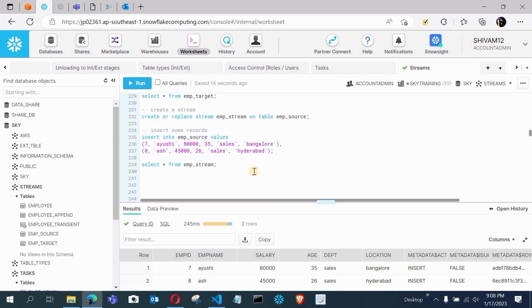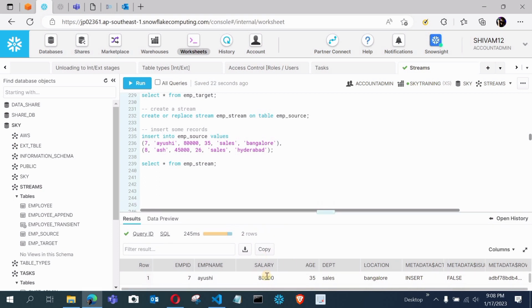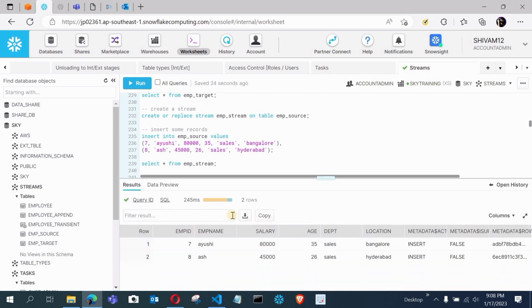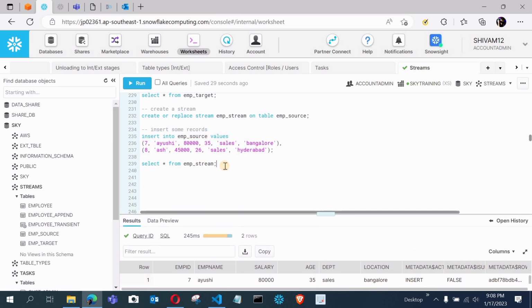Now we will store this captured data from this stream, which is having just 2 rows because we have just done this insertion, into this EMP target table. So how to do that?